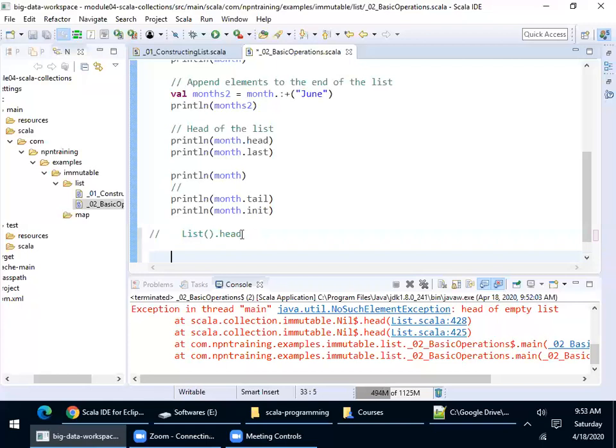Tail is available. Okay, tail is available, but I'm unable to hear you. I'm sorry. Now is it audible? Sir, we are not able to hear you properly. Oh, I'm not sure why. Just hold on. Yeah, now is it better?